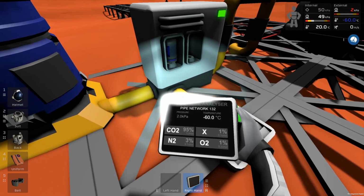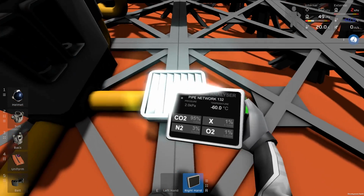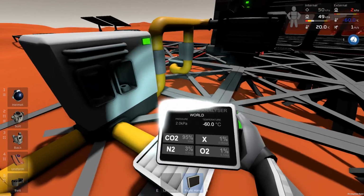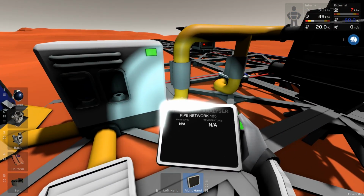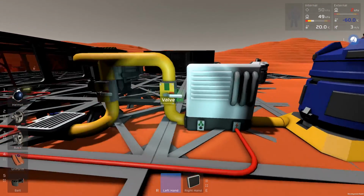Network analyzer, atmosphere analyzer. Pipe network, this has got obviously lots of gas in it because it's got passive, but that shouldn't allow it to be backflowed into the rest of the system, hopefully. Let's just set this bit of pipe. No. And we're still okay. So if we undo this valve now,